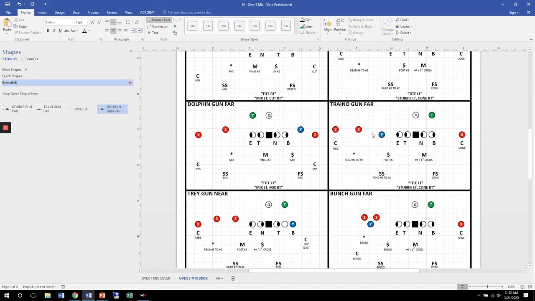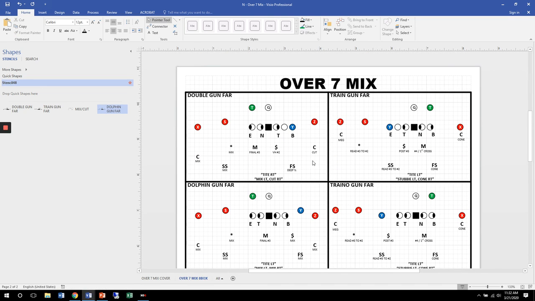Right, so now you've got all this built. So this comes in handy when you're building scouting reports, when you're building a new call, or if you're just putting a presentation together on something you're studying in the off season, or for a clinic, or whatever you're doing. You've got these stencils. You don't have to redraw it. So the next thing I wanted to show you real quick is how